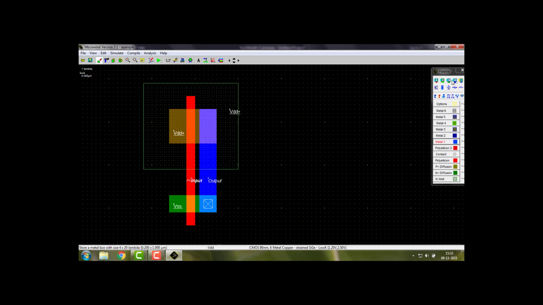So let me use only one contact, just to make sure the contact is there, or else you need to extend the p diffusion a bit. That is also good practice.